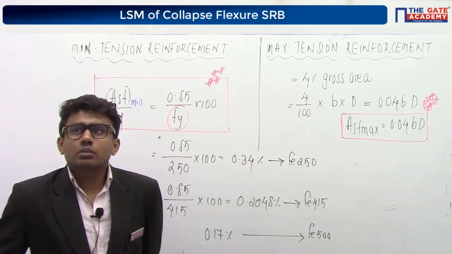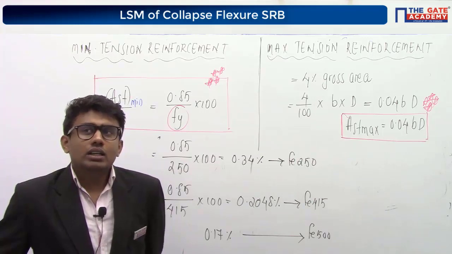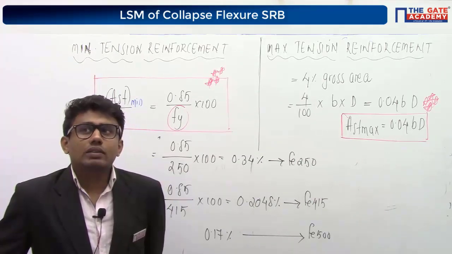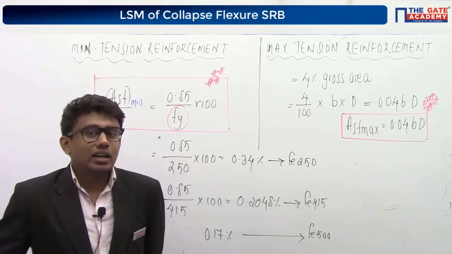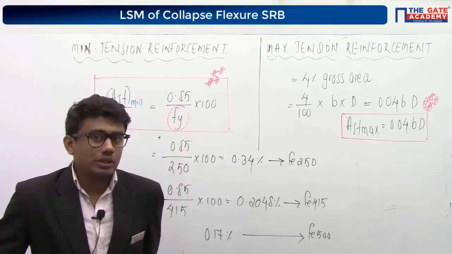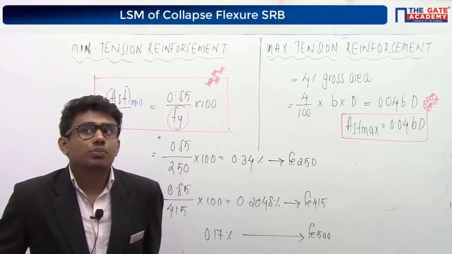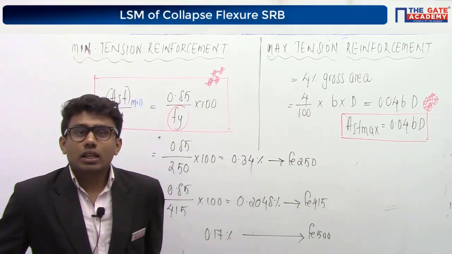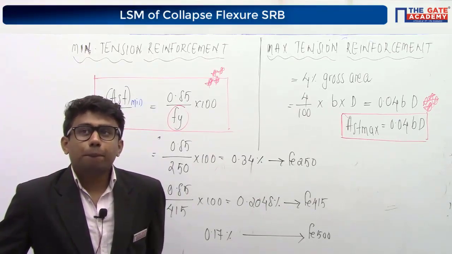If you are coming up with more steel area from the design, then what should we do? So actually, we will discuss about that. If the area of steel provided is more than AST limit, it is actually an over reinforced section. What we can do is limit the moment acting on the beam. We have to reduce the moment of resistance of the beam. That's the only thing we can do there.